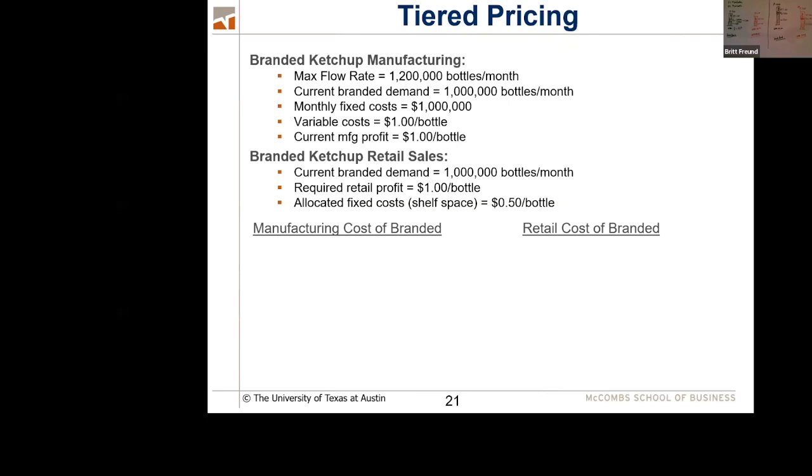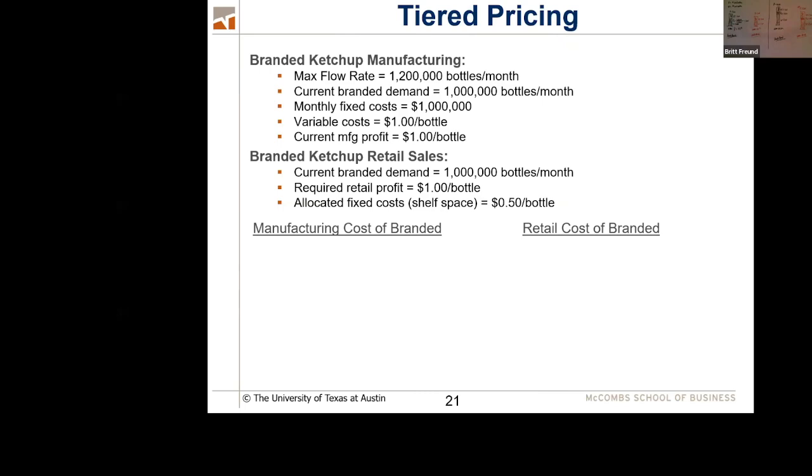Brooke is pissed. It turns out that Brooke is good friends with Jeff, and Jeff is the accounting manager at Hunt's. And Brooke goes and talks to Jeff and says, Jeff, this is bullshit. The only reason this is happening is because Lance isn't paying any fixed cost. I'm paying all the fixed cost. This isn't fair. What I think we should do is, Lance's new business should have to absorb all the fixed cost, and let's recalculate this.